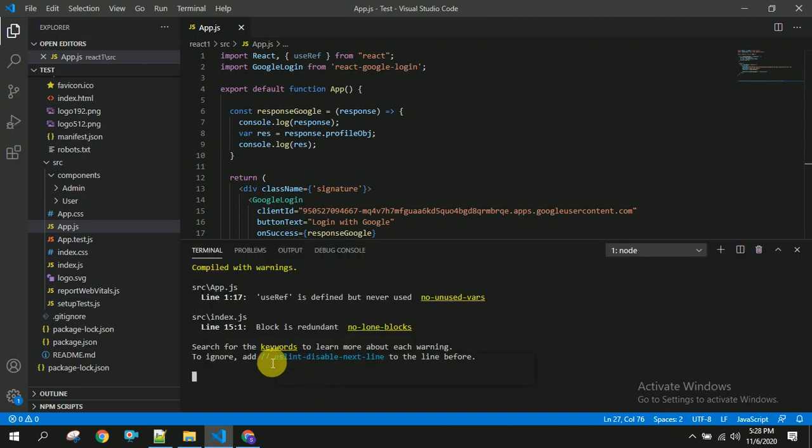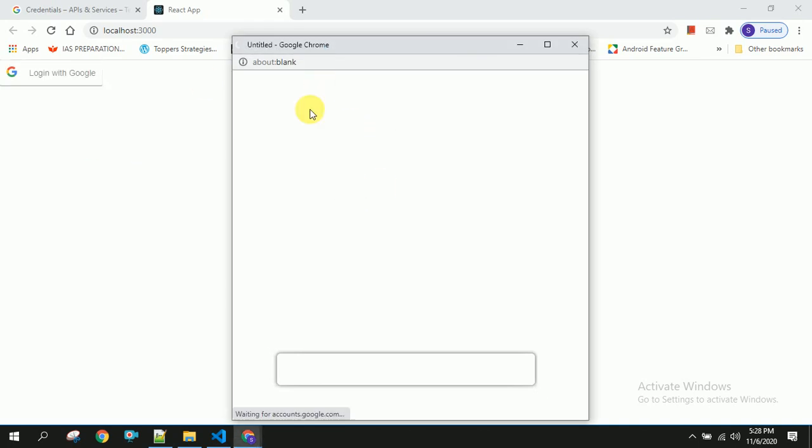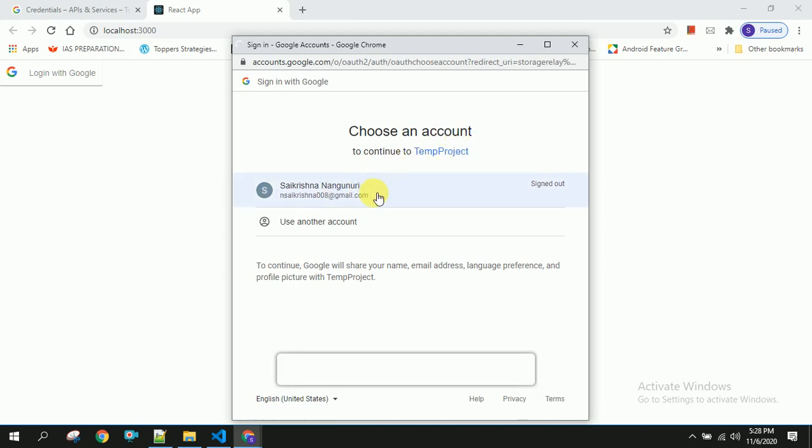Now let's navigate to our browser and check whether it's working or not. You can see here we got a button called login with Google, and once I click on that it will show the sign-in and the different accounts, and this is the project name that we have created.